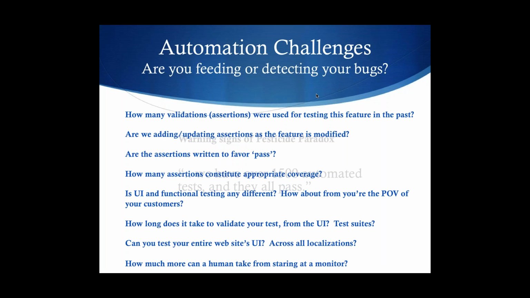So without having to go into this line by line, some of these really should pop out at you, such as, are the assertions written to favor passing? How many assertions are there from the previous release? If a feature was modified or a brand new feature was added, well, shouldn't you see the number of assertions